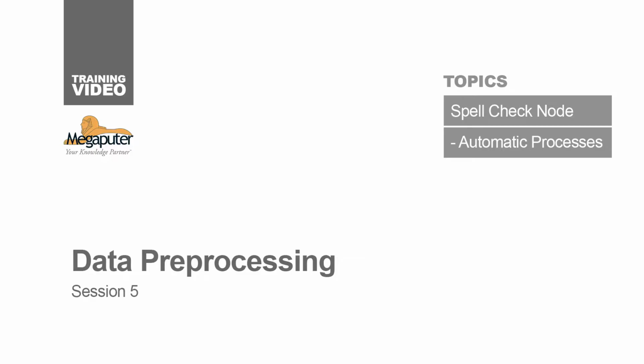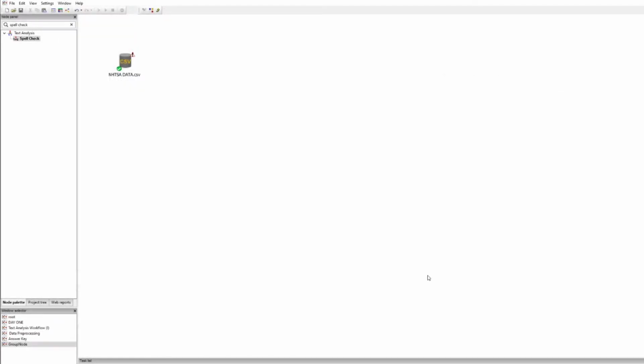So today we're going to talk about a very important data cleansing technique when dealing with textual data, and that is spell checking. So PolyAnalyst has a built-in spell checking system through the spell check node, which we can just use by dragging and dropping, selecting,